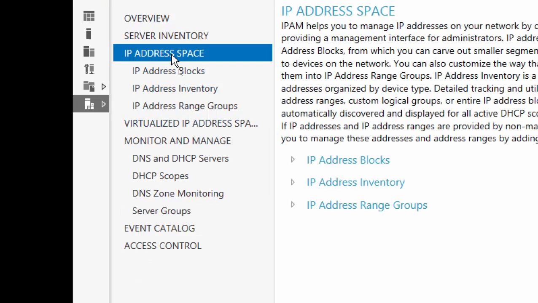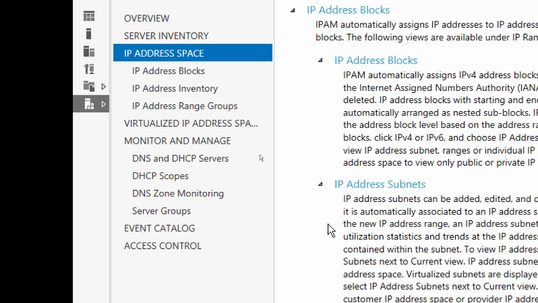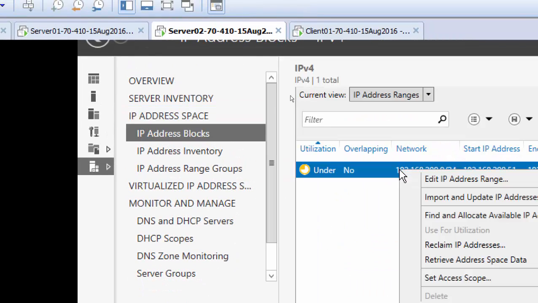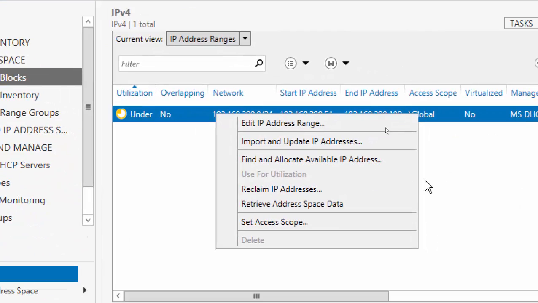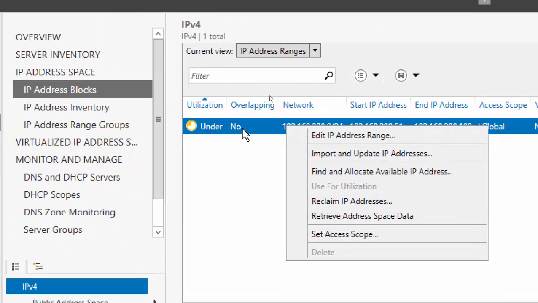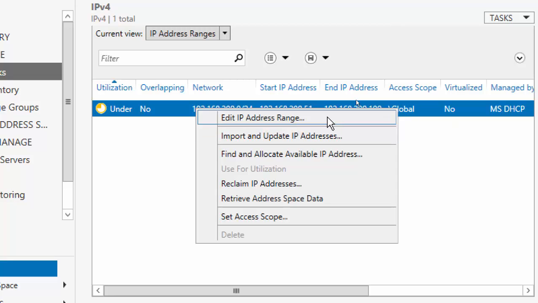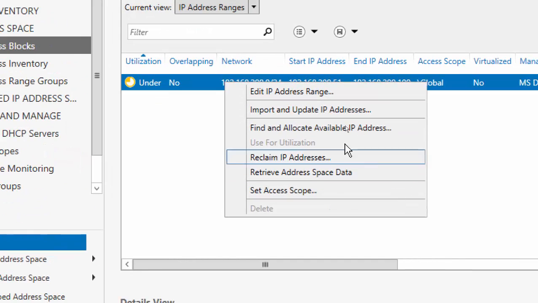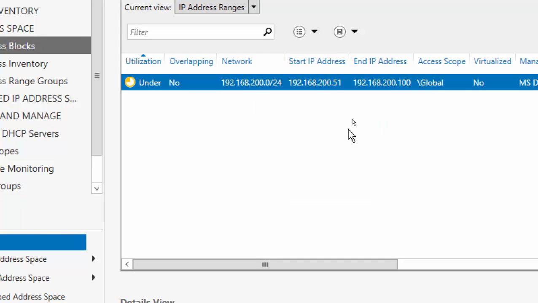IP address space, IP address blocks. Okay, so if we go for IP address blocks here, just for the video, I'm going for all the options here. Import and update IP addresses, find and allocate available IP address, right? So if we right click on the inventory in the IP blocks, now find and allocate available IP address is what? If we click that,